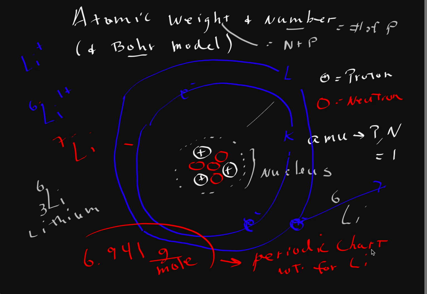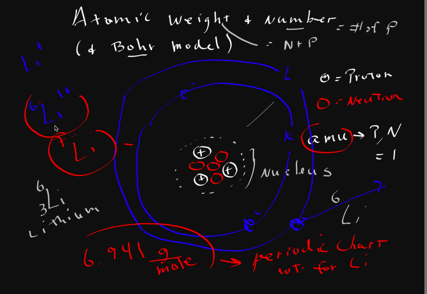is not exactly 6 or exactly 7? For any given atom, the atomic mass unit, AMU, comes in whole numbers. So we have a whole number 6 or a whole number 7, and I'm sure all of you have already guessed the answer. What this number is telling us is that most lithium in nature is lithium 7, but there's a little bit of lithium 6, enough lithium 6 that it brings down the natural weight of lithium to a little bit less. So if you pick up some minerals that contain lithium and then purify that lithium extracted out of those minerals, so you just have pure elemental lithium extracted from nature,